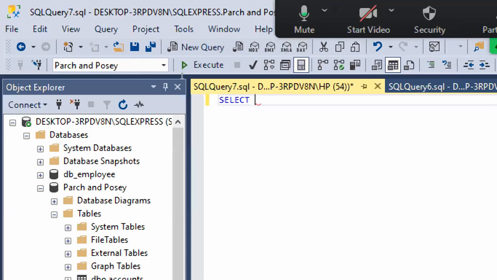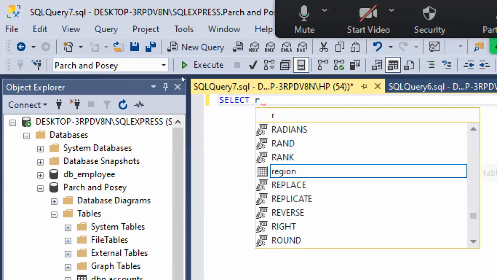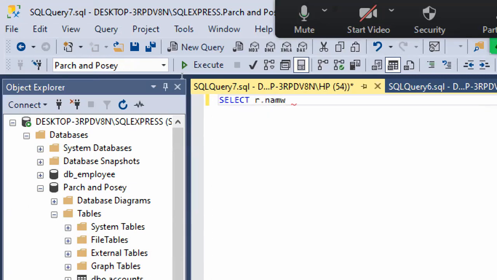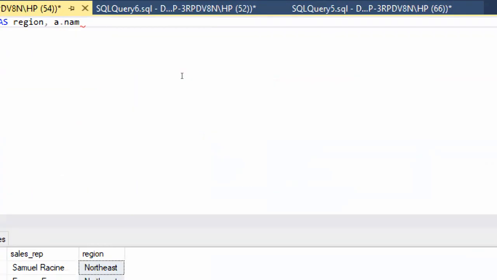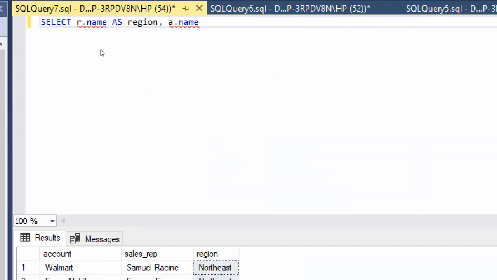I want to return region name, so I can say r.name as region, comma, and I want to return the account name also. So I'll say a.name as account. And lastly, I want to return the